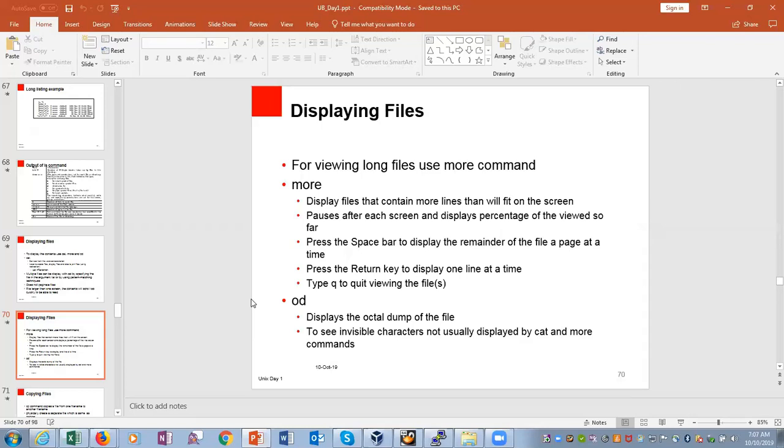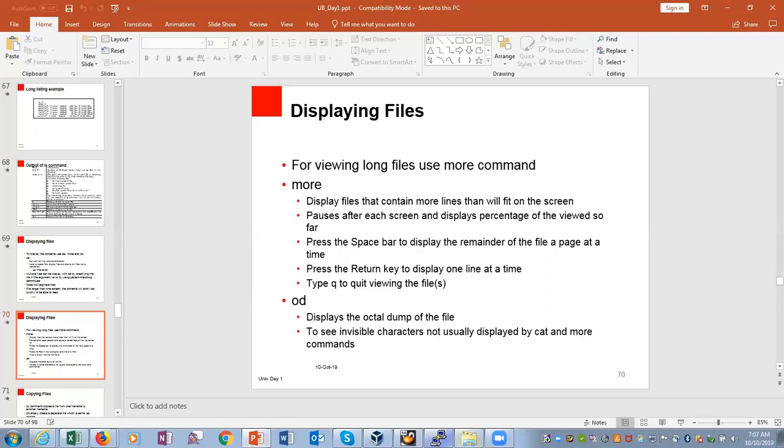The more command displays files that contain more lines than will fit on the screen. It shows progress after each screen, displaying the percentage of the file viewed so far. Press the space bar to display the remainder of the file one page at a time. Press the return key to display one line at a time. Press q to quit viewing the file.